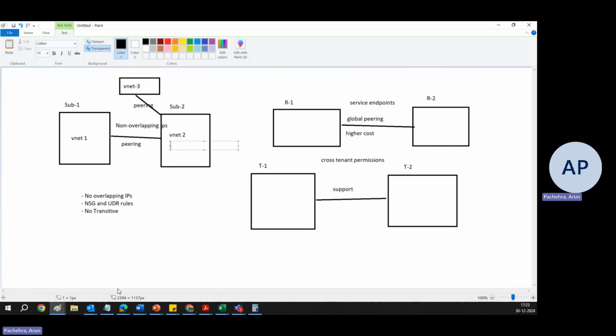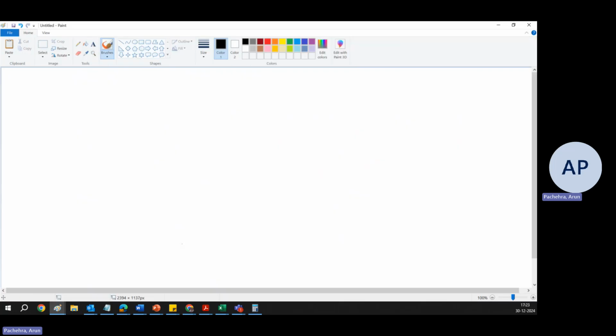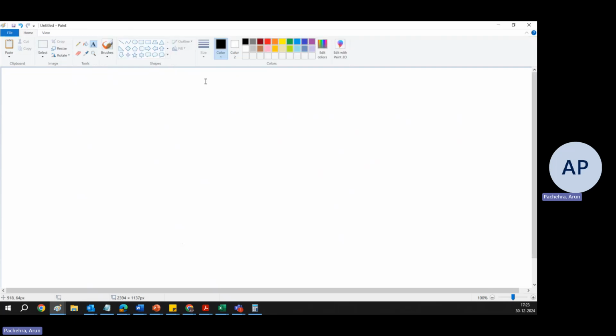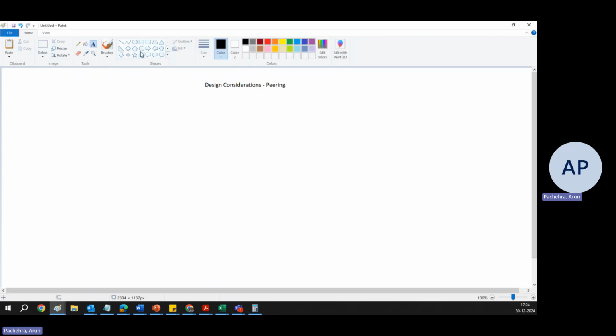All right, so let's go ahead and create one more slide here. Now here we will talk about some design considerations for peering, which is absolutely important. We need to understand these design considerations when we do peering. Okay, so what are those? The very first is